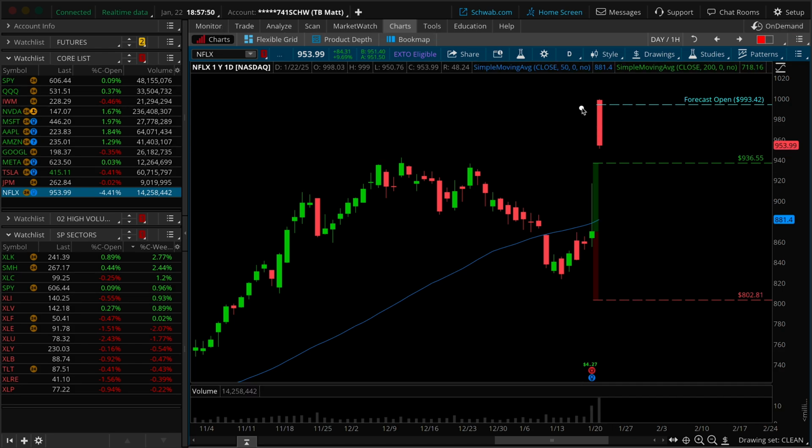And the fact that Netflix started to fade off instead of rally would just tell me that the market makers who were offsides, basically by being short calls up here, did not aggressively have to step in and buy the underlying stock to offset their delta, right? So, I would think that things have neutralized so far, and for